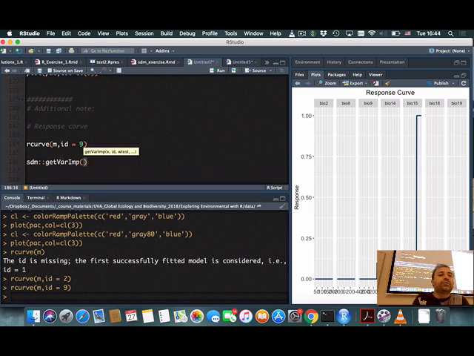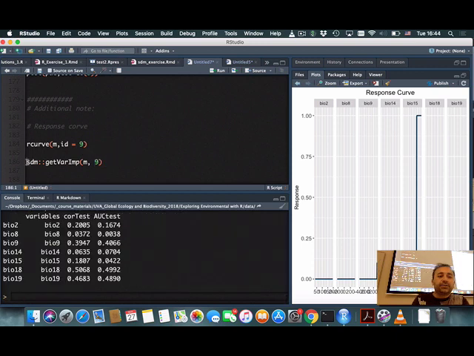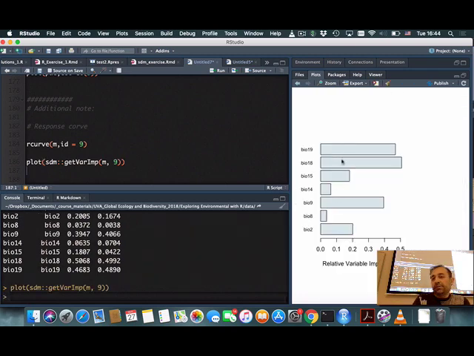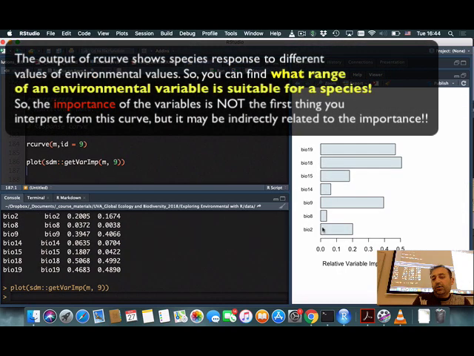Okay, very important. If I use m and take the variable importance for the ninth model and plot it,